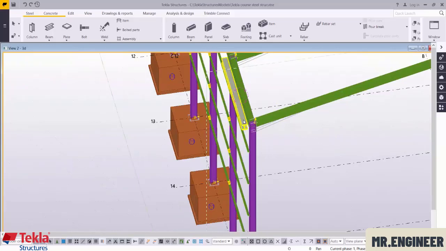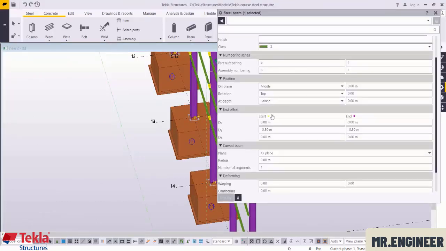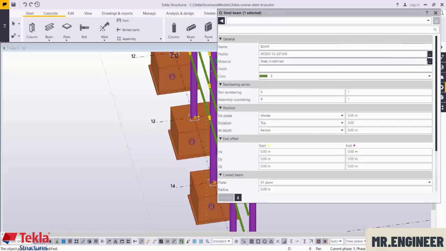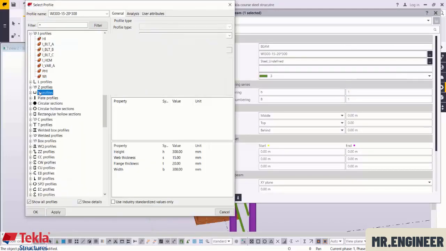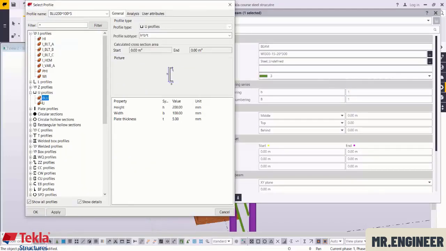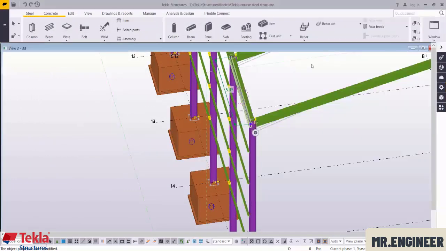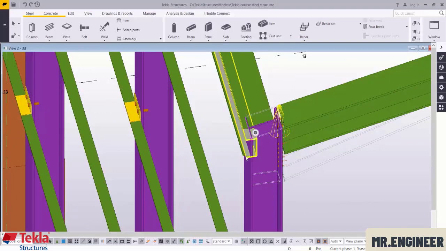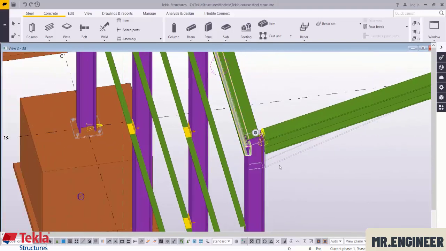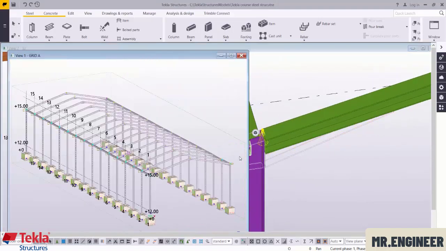Okay, we choose these beams. For here we need 0 0, modify, and for the profile we need U shape. Okay, we need this shape, so we press OK. Modify. Let's show what we have now. Okay, now let's go to